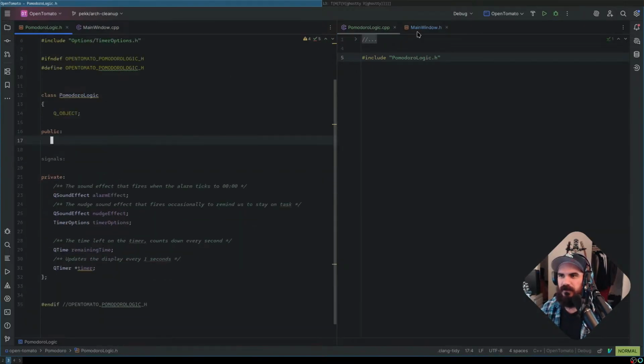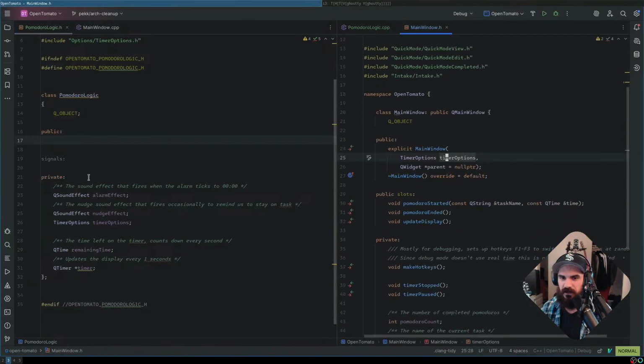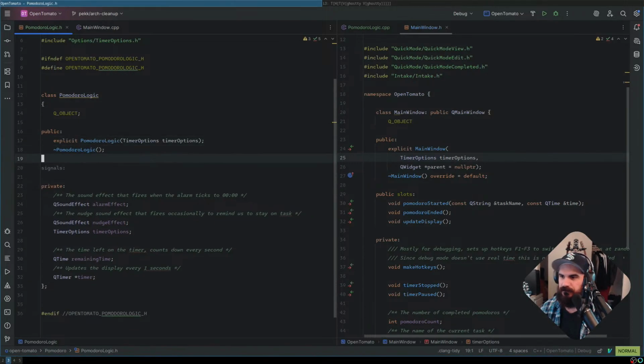So let's go here and let's look at main window.h and look at my constructor and see what we get here. So my constructor only takes, yeah, that's all it has. Override equals default. Why did I write this here? I don't remember what that means. I think if I do that, I don't have to implement it, right?